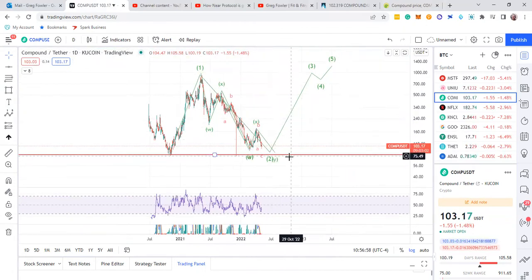But if it breaks that, all bets are off on this coin. It's important for this coin to maintain that low. It would be devastating for this coin to go down here, like to 65, you know. So